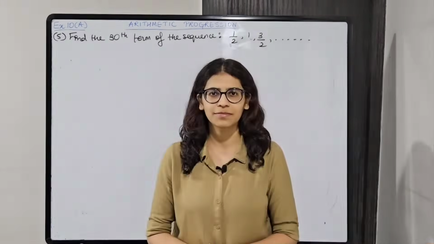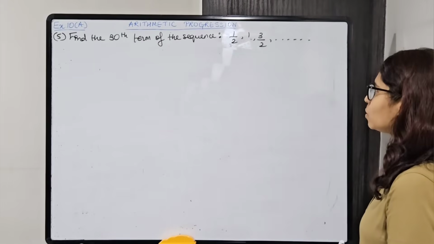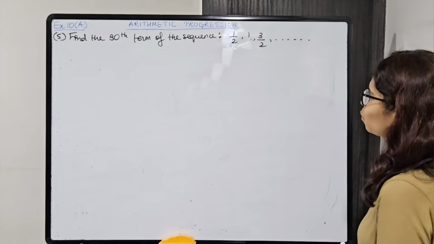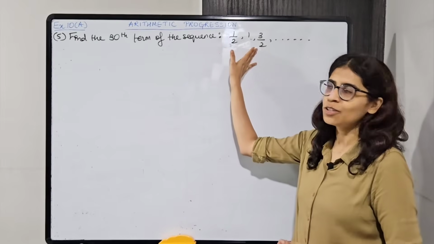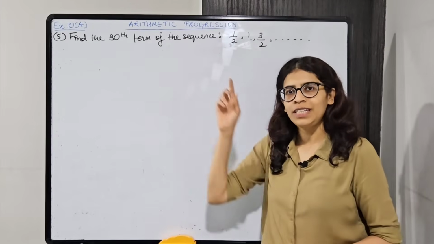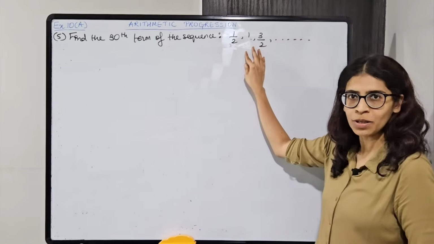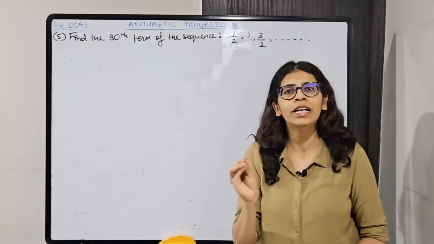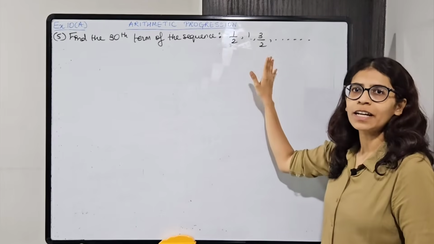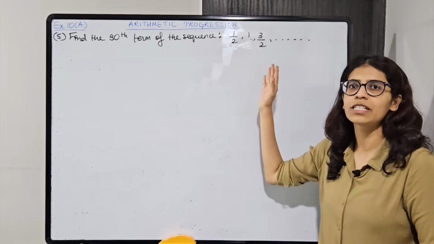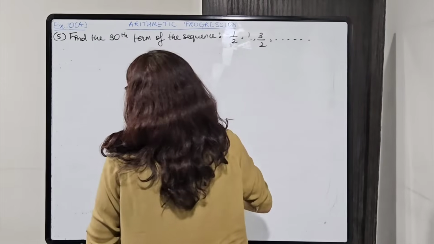ओके, coming to next question, question number 5. Find the 30th term of the sequence half, 1, 3 by 2 and so on. Again in this question you are told that this is a sequence and you have to find out T30. So Tn का फॉर्मूला अप्लाई करने के लिए पहले प्रूव करना पड़ेगा कि ये सीक्वेंस AP है. ओके, बिकॉज Tn का फॉर्मूला इज एप्लीकेबल ओनली फॉर AP. सो पहले प्रूव करना है कि ये AP है by finding the difference in the consecutive terms. Okay, if it is constant then it is an AP, otherwise it is not. So of course you will get it as an AP only.